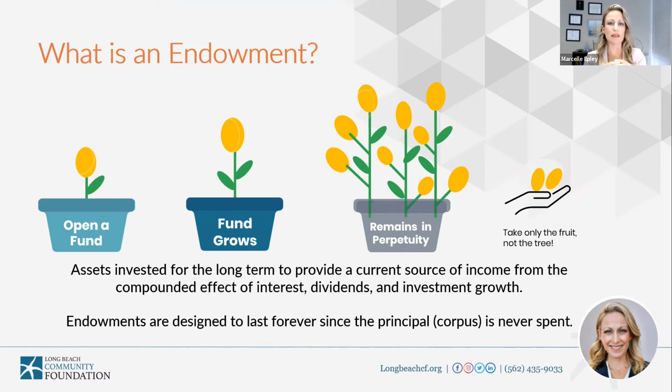Rather, what's spent is the income that is earned from that. So we have a fruit tree here, and you pick off the lemons, but more grow over time. And in many instances, in an in-perpetuity or forever fund, the amount that you're giving away to charity out of this pot will far exceed the amount of your original contribution. So if you put in, for example, $100,000, in as little as 10 years you could be giving out up to $100,000, and then beyond that.